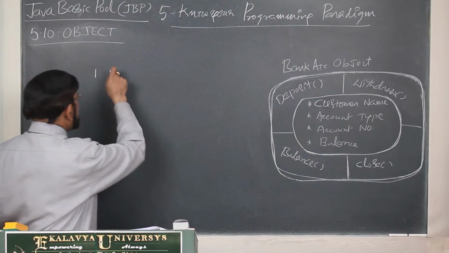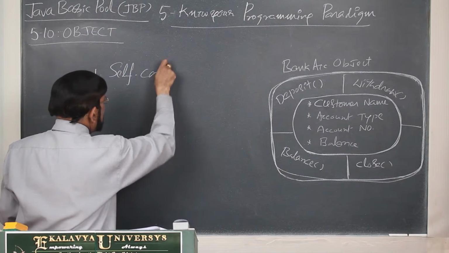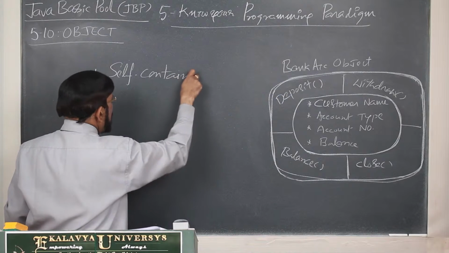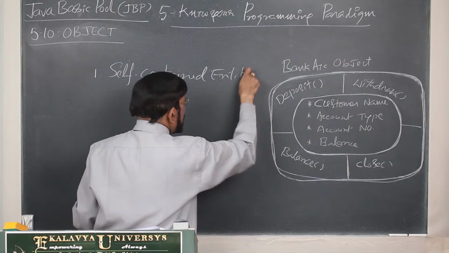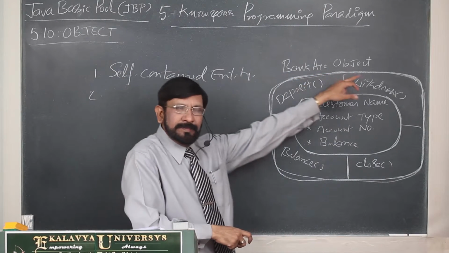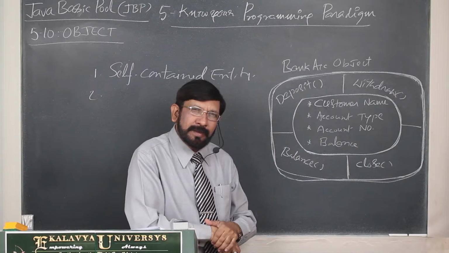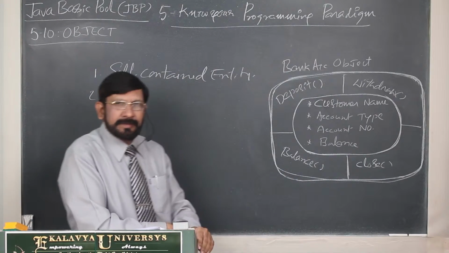Just let us list out. Every object is a self-contained entity. Second one, it is having a unique name like a person. Every person is having a unique name. In the same manner,